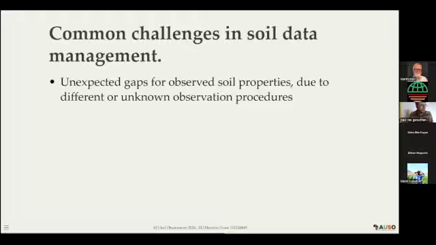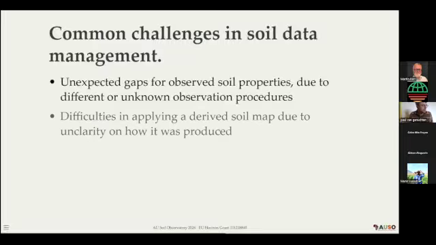But here also is mentioned a gap in the metadata. So if for a certain data set it is not known anymore which procedure was used to assess the variable, you cannot really use the variable because you have no clue how it was measured. And this is more when you're using a soil map that you find somewhere on the web. If you're not sure how it was produced, you're not sure it really fits the use case that you want to use it for.